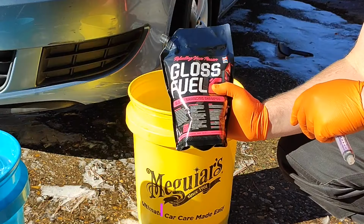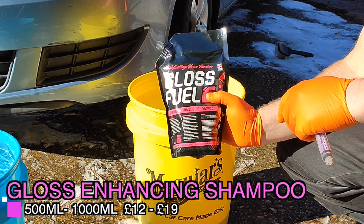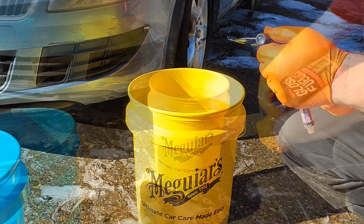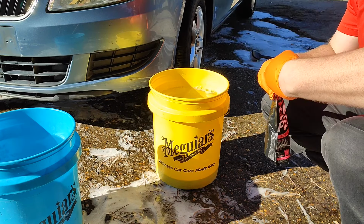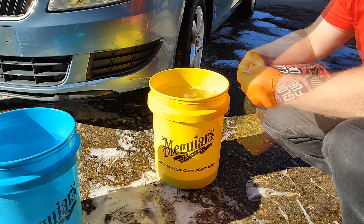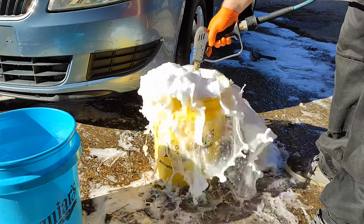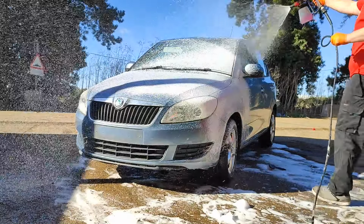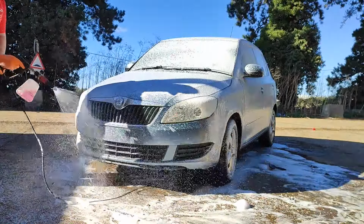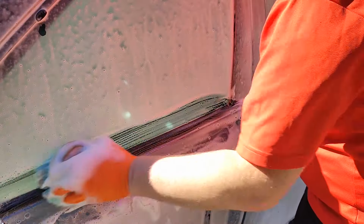Now once the wheels are clean, we're going to move on to the gloss enhancing shampoo, and again this is one of those 1 litre refuel packs. If you have an empty bottle at home, you can always top your bottle up, or again you can use it straight out the pack like I am today. Now on the back it says to add 35ml to 20 litres of warm water. I've added the gloss enhancing shampoo into my bucket, and I've also added 35ml into my snow foam can and topped it up with 400ml of water just to spray a layer of shampoo onto my vehicle, just so I can go around with my detailing brushes to get in all those nooks and crannies, and also to help cool the paint work down, ready for the